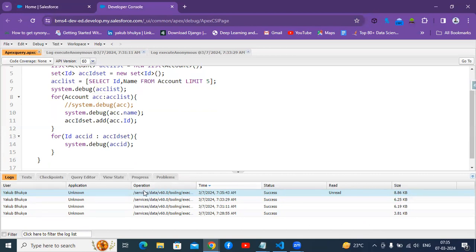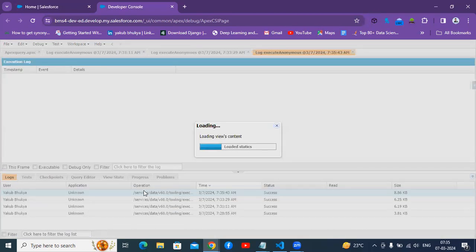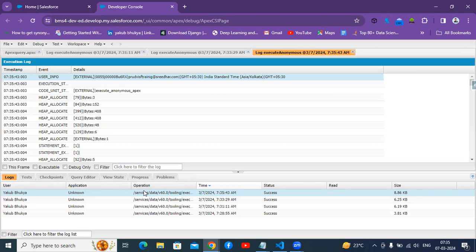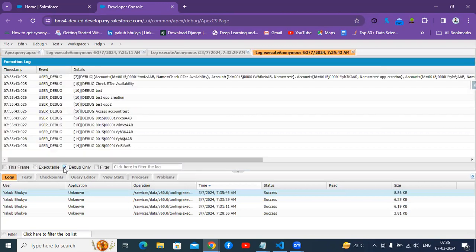Okay, so now I'm opening this log. If you go to debug only, you'll see all the stuff. Initially you'll get all the opportunity names from the first loop. There's the account loop, and with the set we iterated, right? For that we get all the IDs. Now, so as not to miss anything, what I'll do is